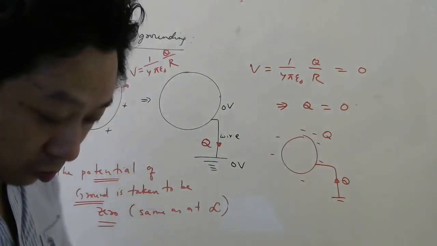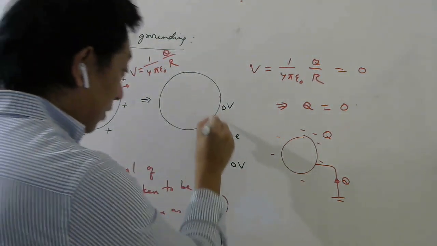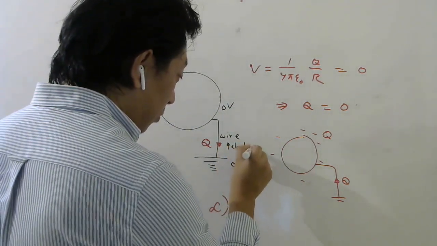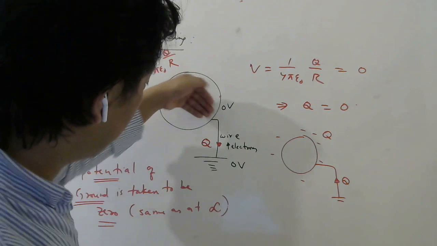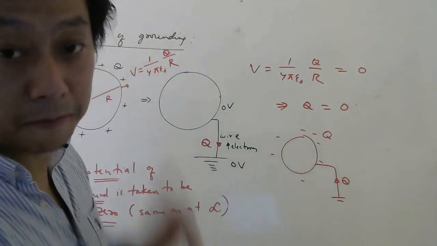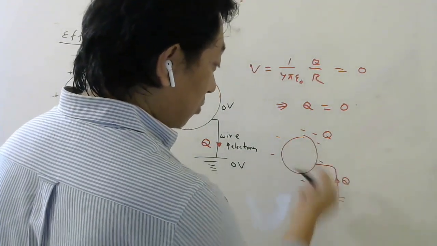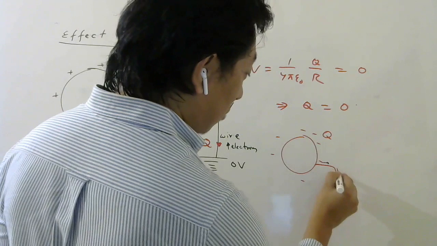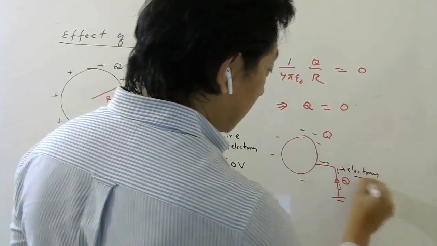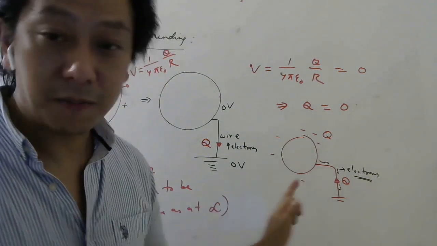And one more thing, it is better to remember, when I say q charge will go this way, electrons will actually flow this way, because this is positive charge now. So if I say positive charge is coming this way, in this wire the electrons are moving up. Similarly, if I say positive charge is going this way, it means electrons in the wire are going this way. This is the flow of electrons. Because sometimes the teacher may ask you in terms of electrons, then you can mention that.